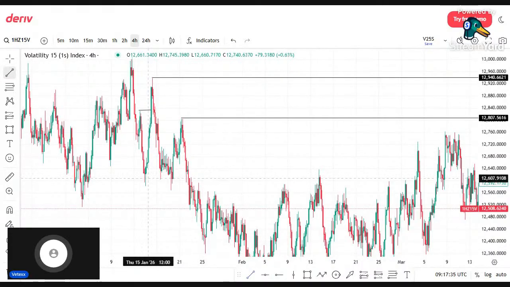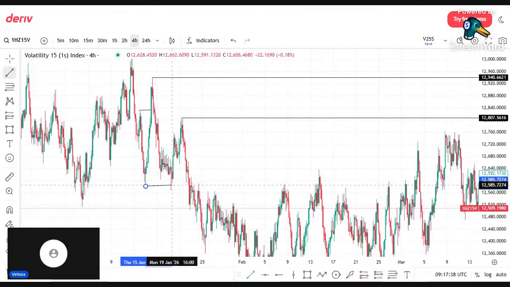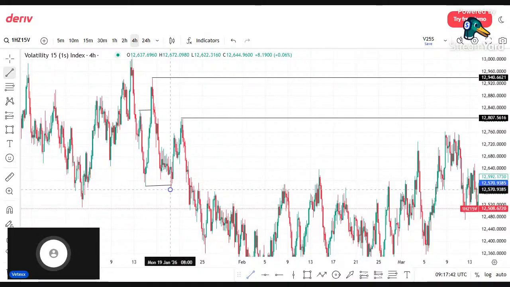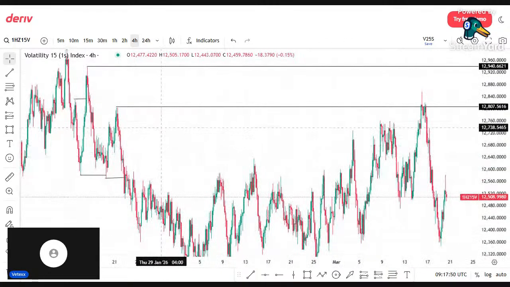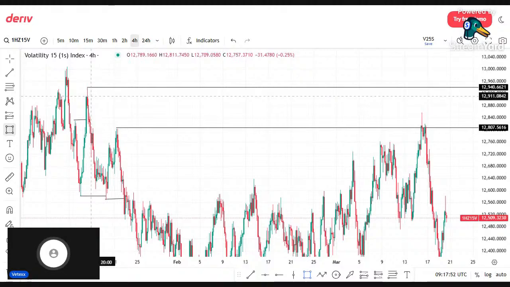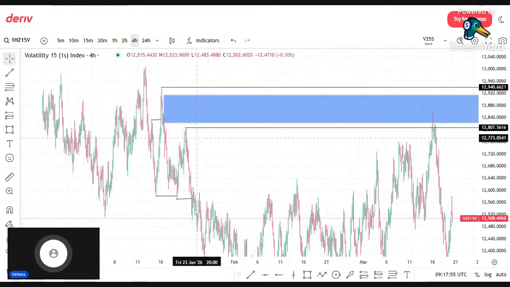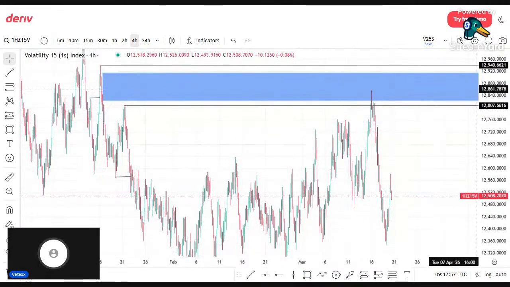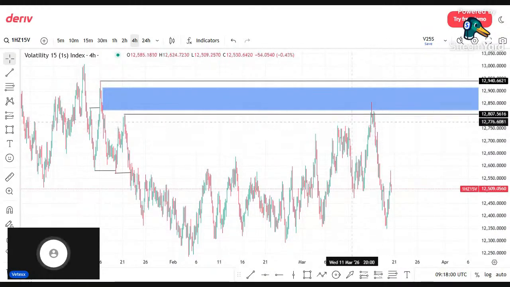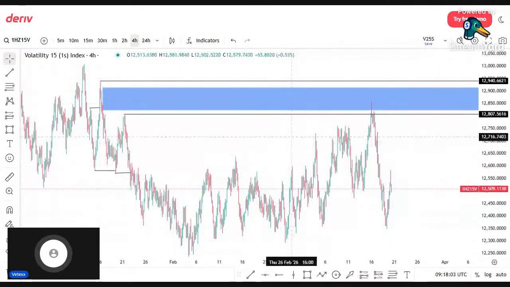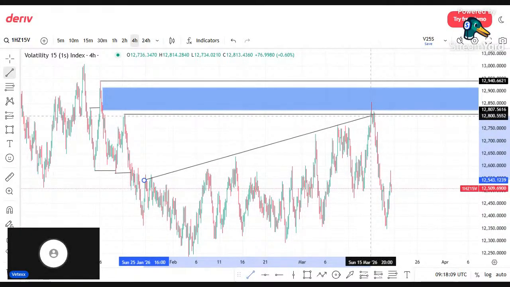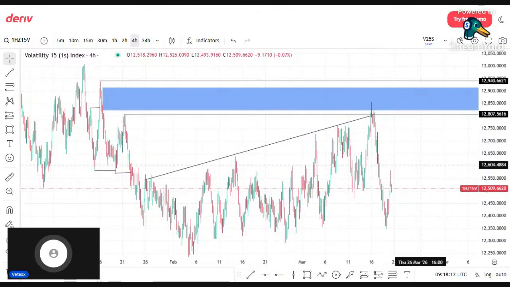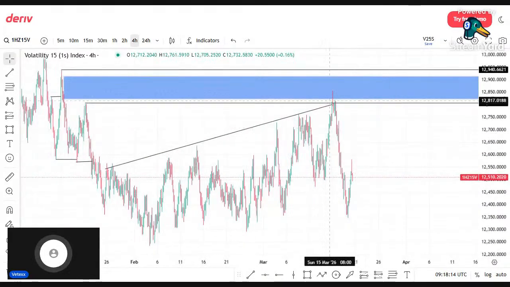Okay, this is our first break of structure, and this is our second break of structure. So this becomes our next point of interest, which we are anticipating. Remember, whenever price takes out the structural liquidity, the next thing for it to do is to continue in the opposite direction, because liquidity is money. So all of this that is being created, they are all liquidity that needs to be taken out. Okay, so immediately it was taken out, it continues in the opposite direction, because there is more money to push the